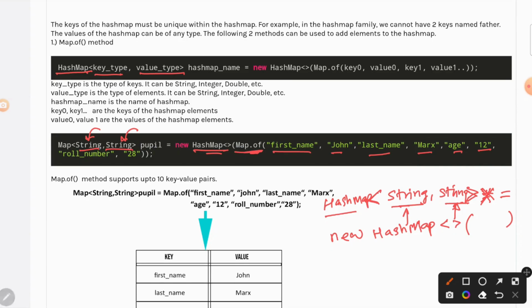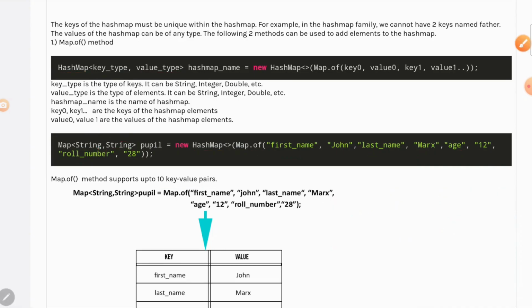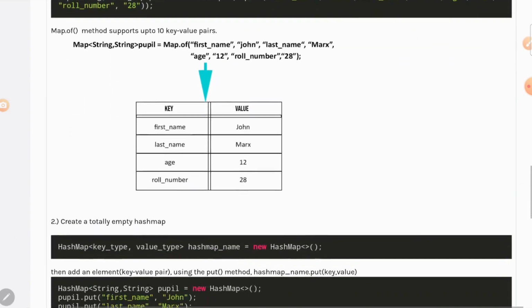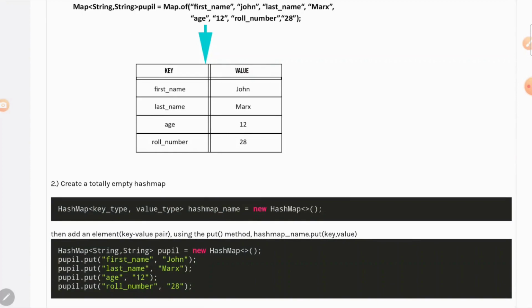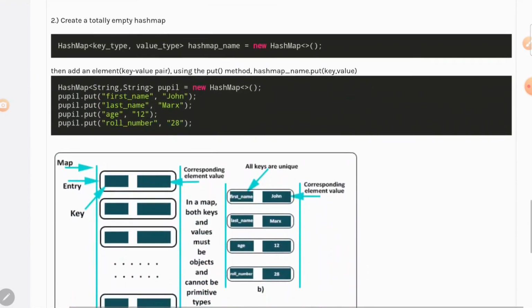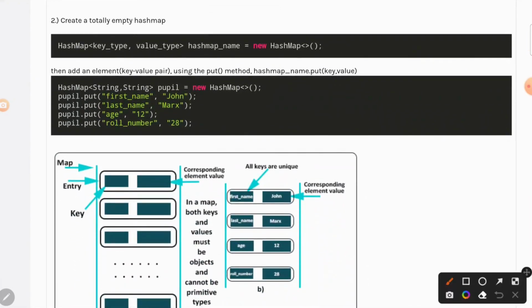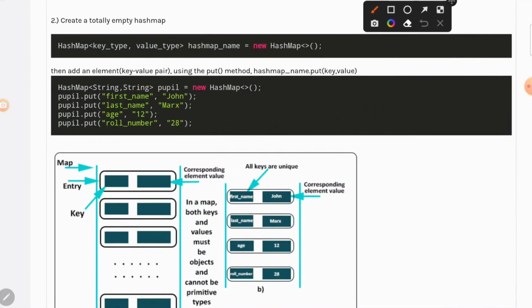Now, as I said, the map of is supposed to hold 10 key-value pairs. That means you can have 10 pairs of data, each with a label and data. Now there is a simpler version of this supported by Java 2, in which you don't use the word map of. That is a relatively older way of doing it. The newer way is to simply use HashMap, with the data type of your label